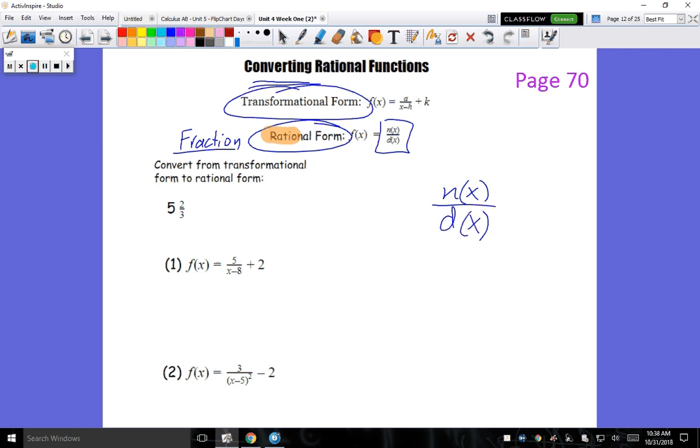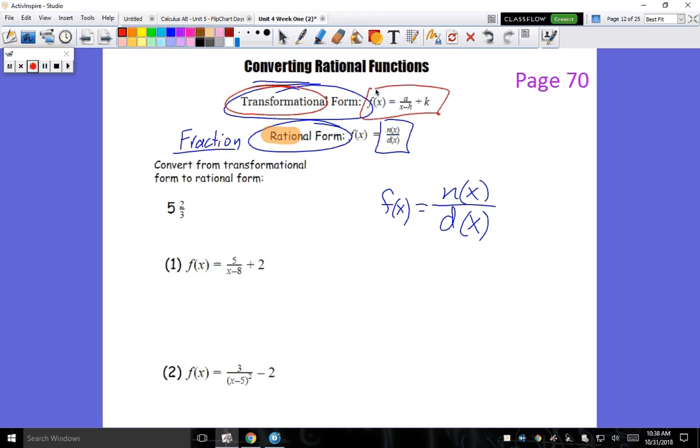So it could be f of x over g of x. They chose to use n of x over d of x because they're symbolizing the numerator for n and the denominator for d. Okay? And this is a new function. Now, transformational form